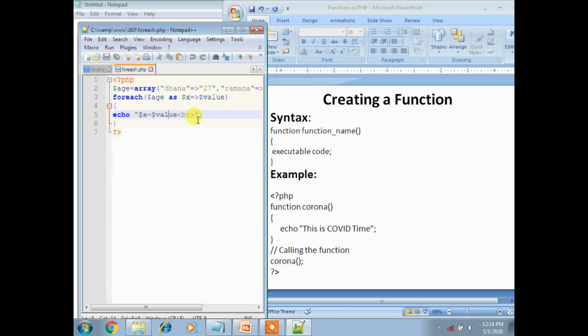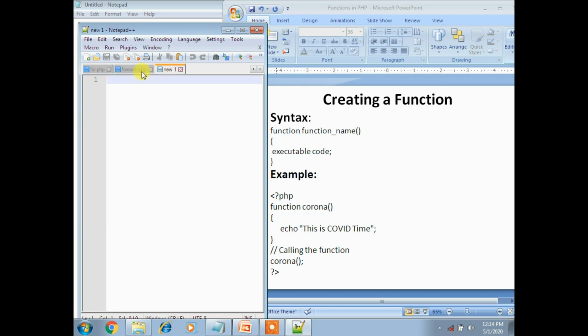So now I got a code window. Now I am taking new, and I will close the entire previous contents. Now I am opening the PHP opening tag, and then you have to create a function, right? So function, and the name I gave is corona. And in the same way you can use echo, "This is COVID time", and then close the curly braces.